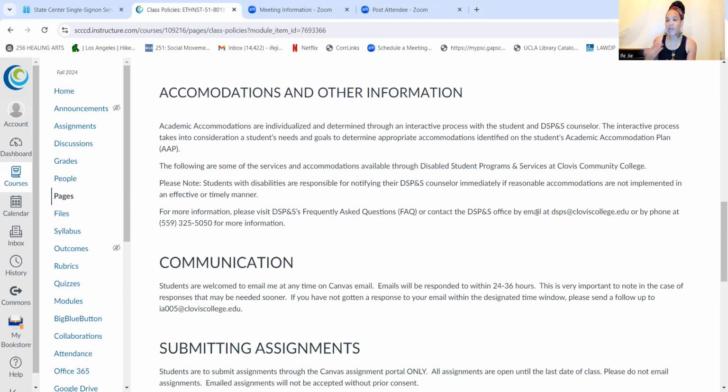Now, communication. Although this is an online environment, I'm definitely here to help. I want to support you in whatever you need, but I need time to respond to you. In real time, I'm not always able to respond to your emails immediately. Realistically, I need about 24 to 36 hours, and that's a very realistic window.